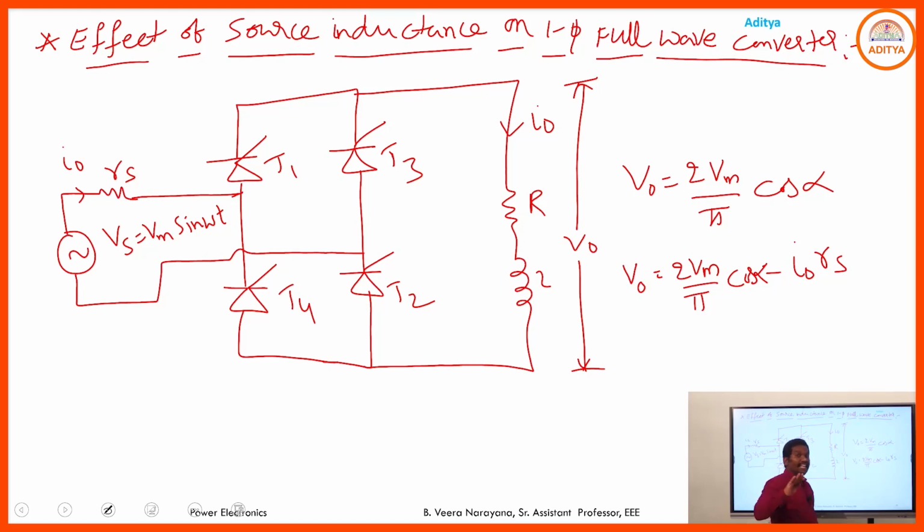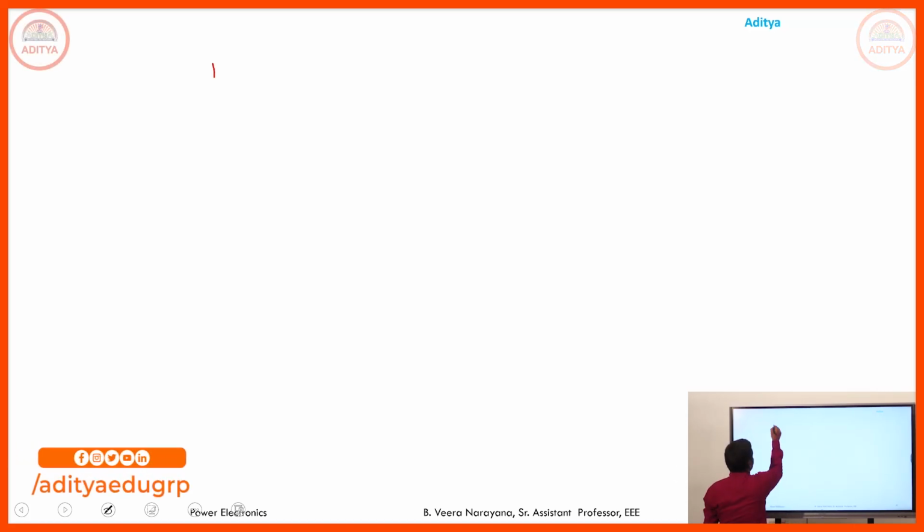If you have inductance as the source impedance, then what happens in the circuit? If you have purely resistive internal impedance, then the output voltage expression is V0 equal to 2 Vm by pi cos alpha minus I0 into Rs. If you have source inductance, then